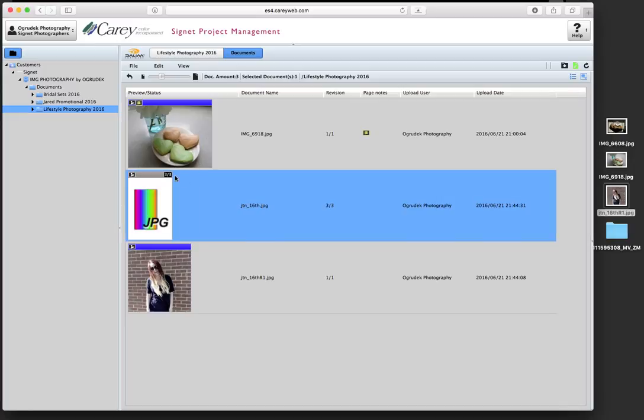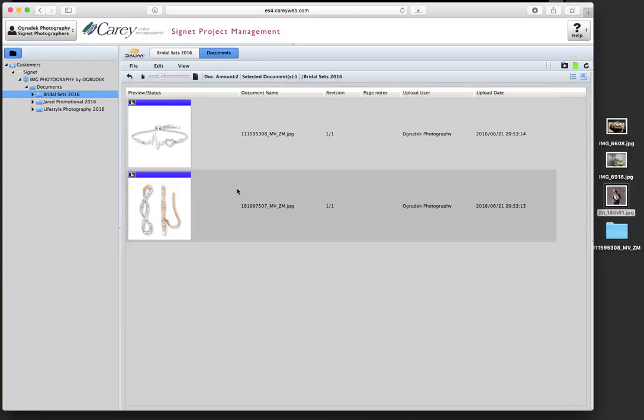So here we should see this go to 3 of 3. Okay, it worked. Right here we can see that that revision has now been uploaded on top, even though it has a different name. So that's kind of handy. All right, let's talk about downloading images. You can download these images to your hard drive,